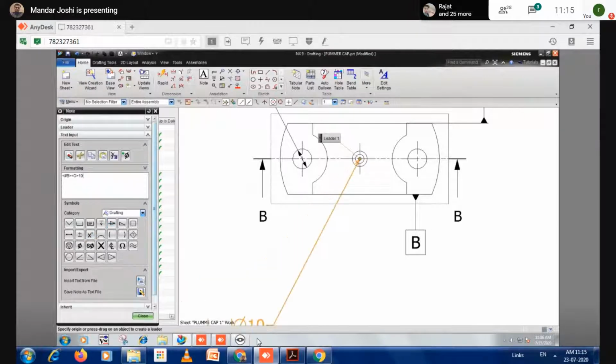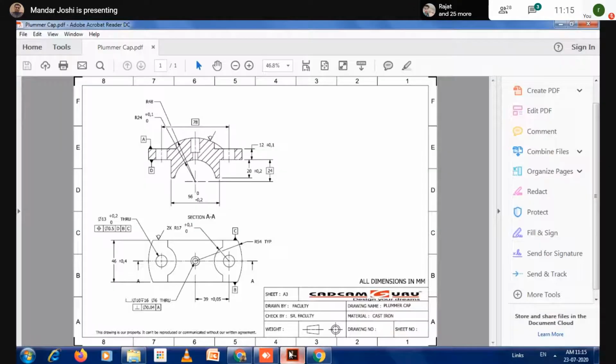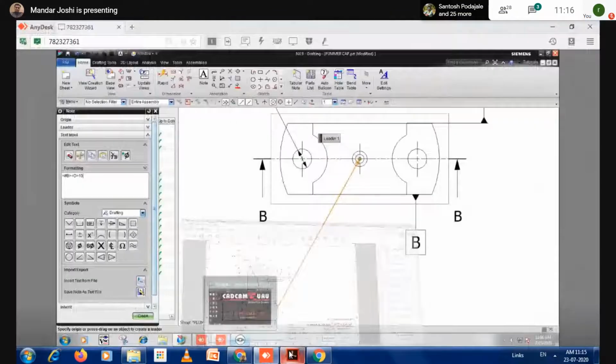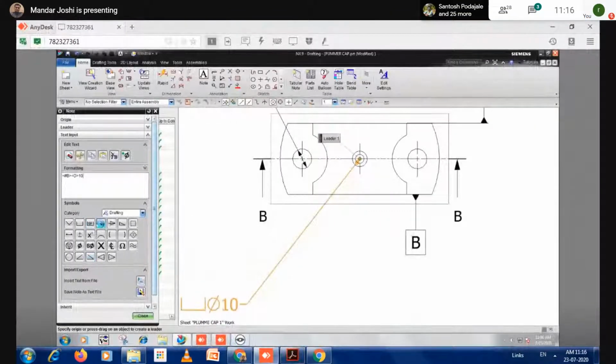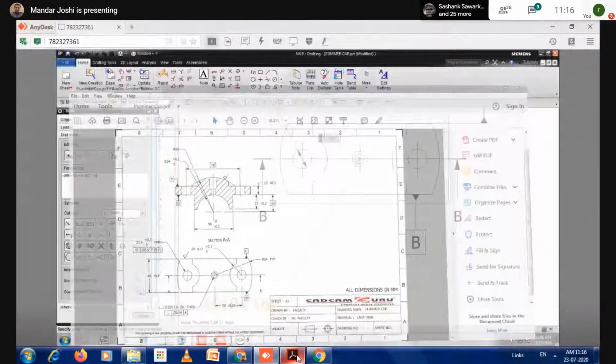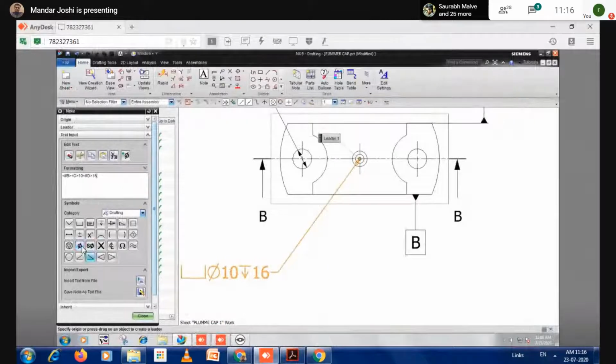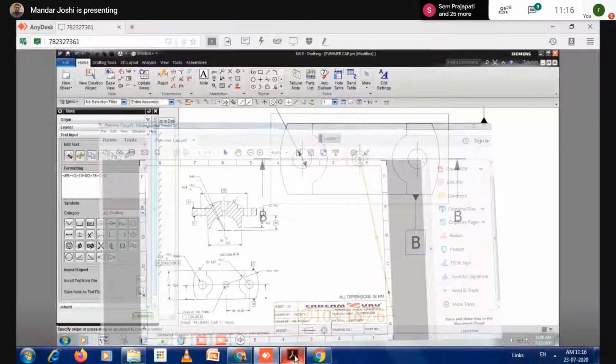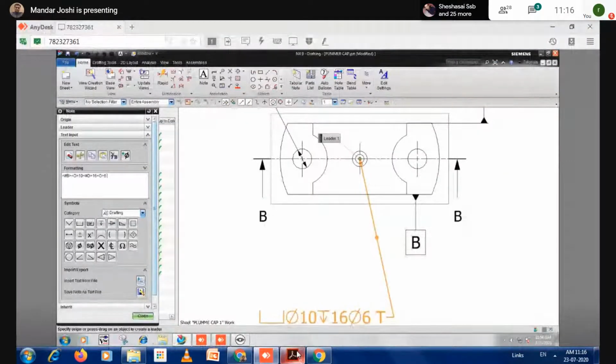After that, depth 16. So use the depth. This is 16 again. Next, 6. Then the next step is THRU.